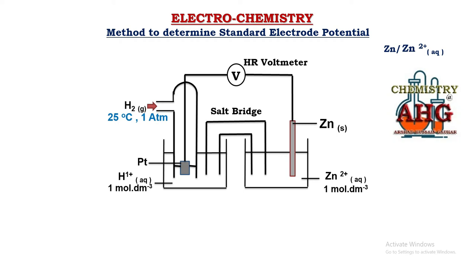Reactive metals can undergo the process of oxidation easily. So in this case, the zinc half cell will undergo oxidation, and whenever a half cell undergoes oxidation, that electrode acts as an anode in the electrochemical cell, and this half cell would carry negative charge. Compared to zinc, the hydrogen half cell will have to become the cathode, where reduction will take place, and it would carry positive charge.